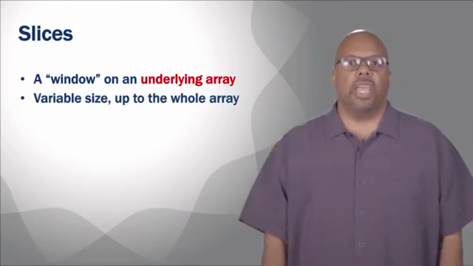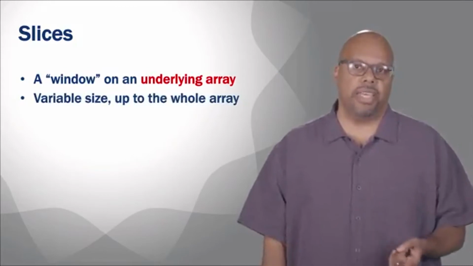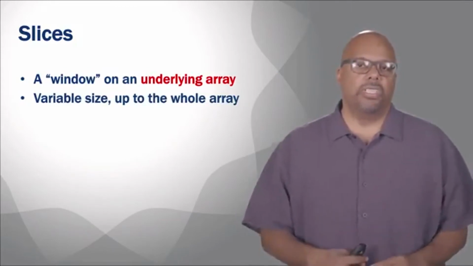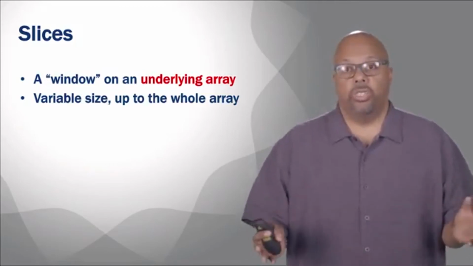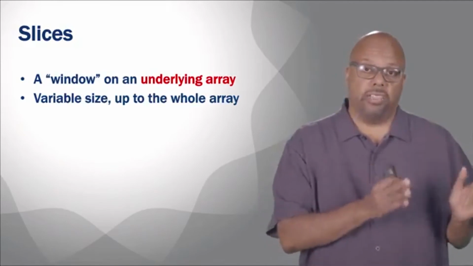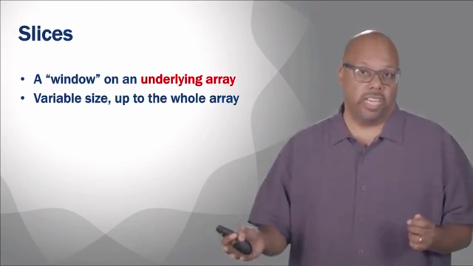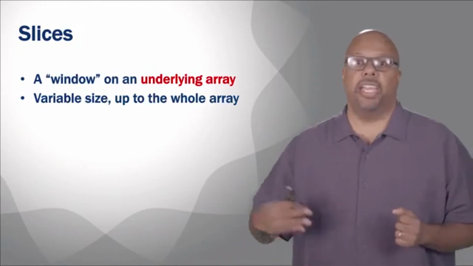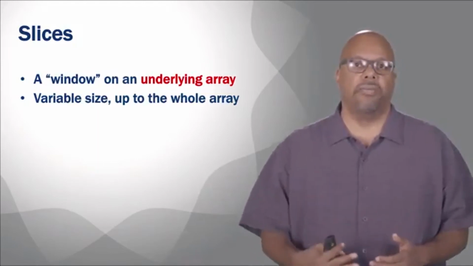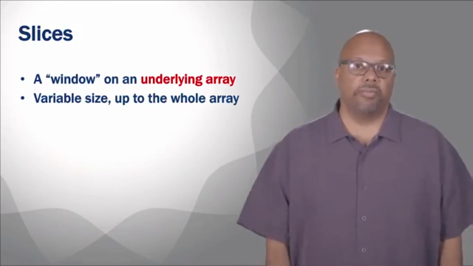So slices can have variable size up to the size of the array. This is one thing that's really nice about slices. You can increase the size of a slice. See, an array is a fixed size thing. So let's say I have an array of size 100, and I have a slice of size 10 on that array, and it's the first 10. I can increase the size of the slice to 20 and just look at the next 10 elements of the array. And then I can increase it to 30 and include the next 10 elements of the array. So with slices, you can increase the size of the slice, where you can't do that to an array. So that's a good feature of slices.